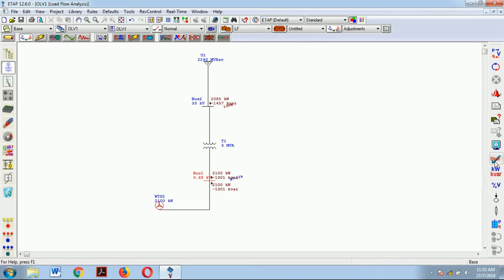I don't know what it is because there are no units. To see the units I'll have to click here, show the units, and now you can see that the power generated is 2100 kW and the final power being dispatched to the grid is 2085 kW. That means the difference of almost 15 kW is a mere consideration of the system losses. Finally, with the active power, you can also see the reactive power being taken from the grid. So this is the way you run the load flow analysis in this ETAP software. Remember that under these circumstances the power being delivered is 2085 kW.